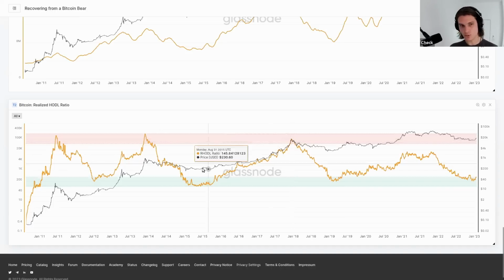The smart money who bought back here in 2015 at the bottom of the bear market, at a point when the maximum wealth was held by people with coins older than 1 year, they are selling to people who are brand new. So you have an outflow of old money and an inflow of brand new money. The perfect recipe for starting a bear market. Too many people who have no idea what they're doing, and everyone who knows what they're doing getting out. So a very high R-HODL ratio, right?